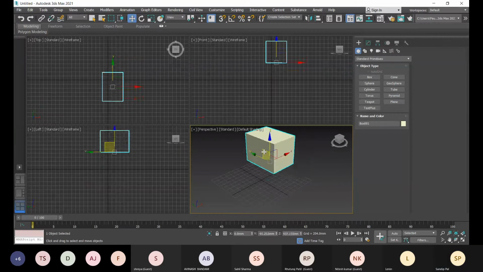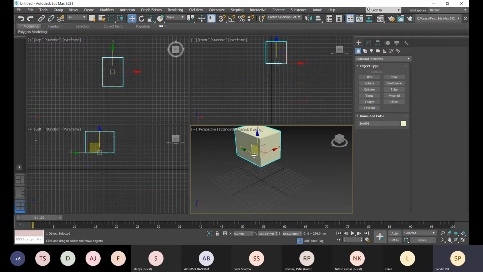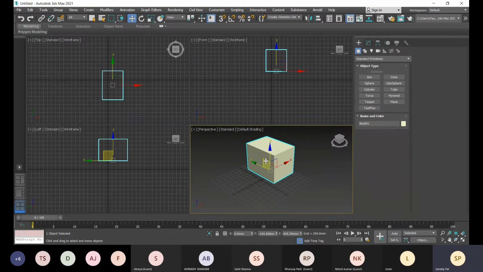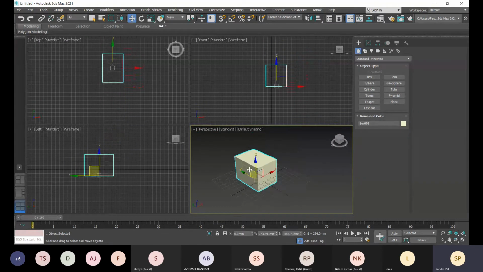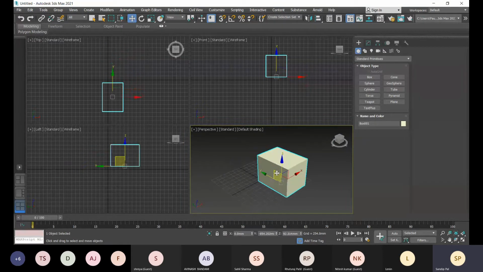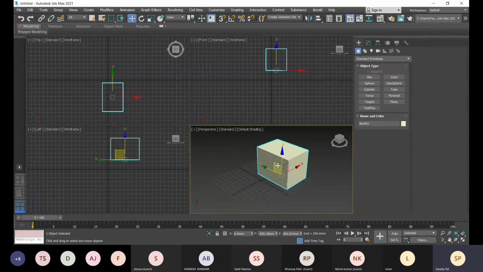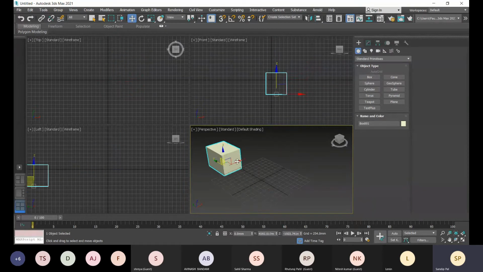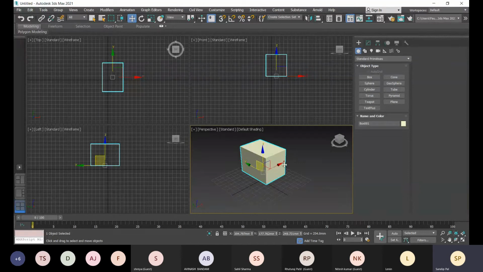See, Y and Z, Y and Z. You can see in the top, front and left views that it can only be moved in Y and Z, right? Okay, so same like that, you can choose other axes.